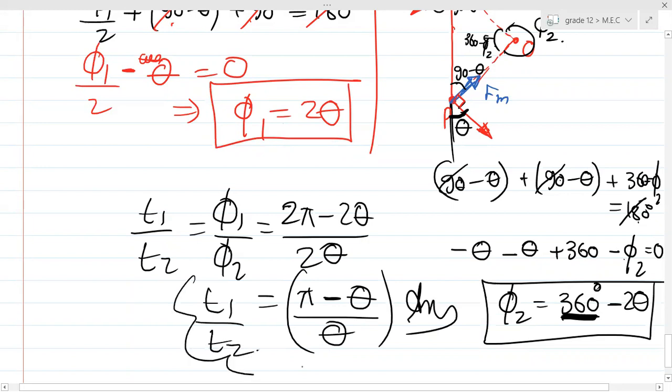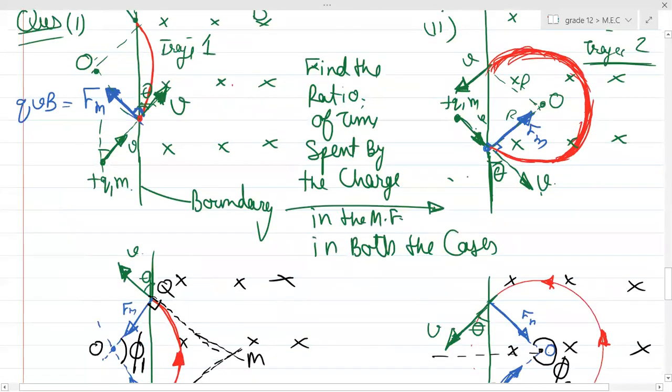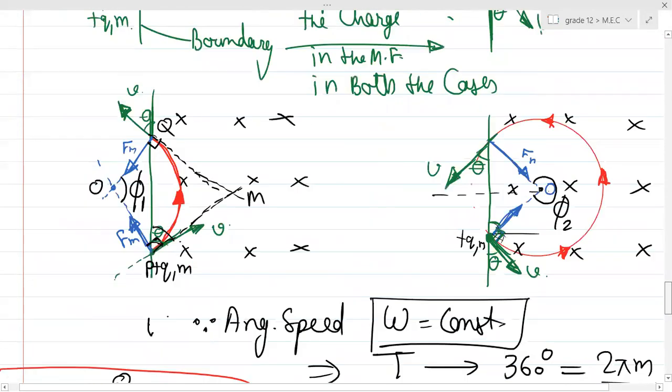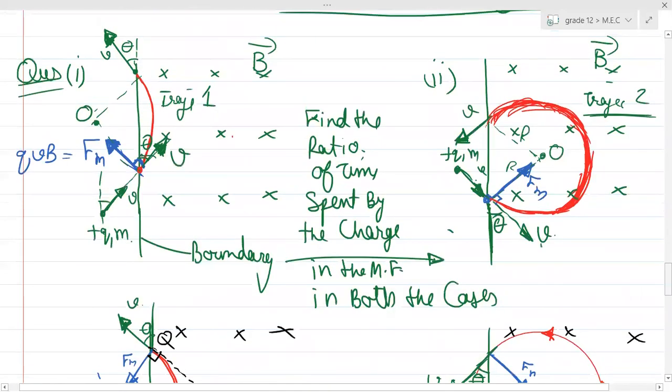Is this clear? Shall I go back again? Shall I do the question? Is it fine? You understood? I just merged two different questions into a single question by calculating the time period. Okay. So can you briefly explain again? Let me explain again.